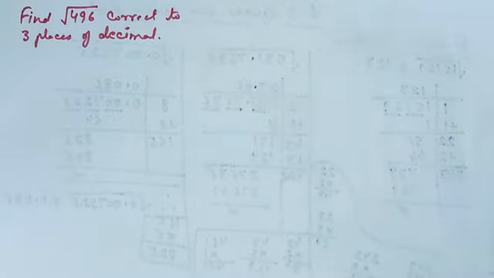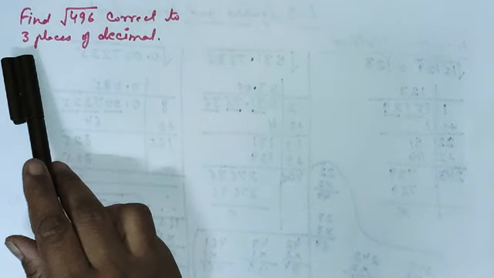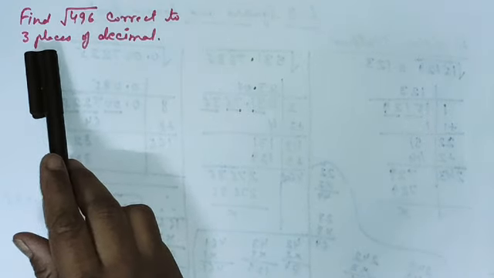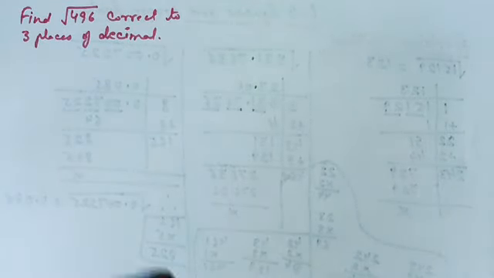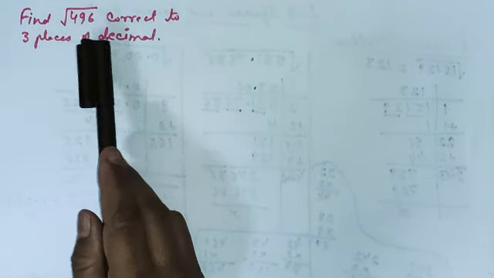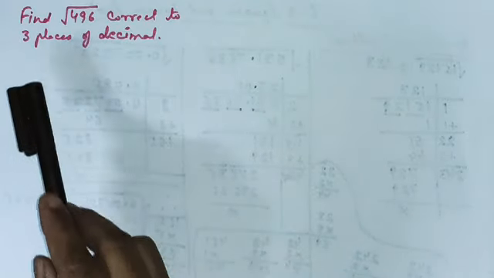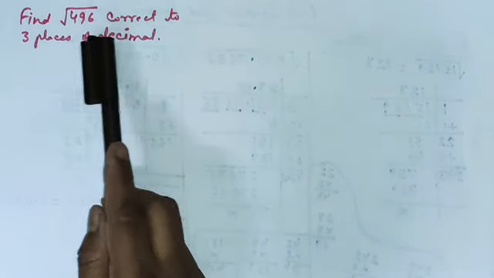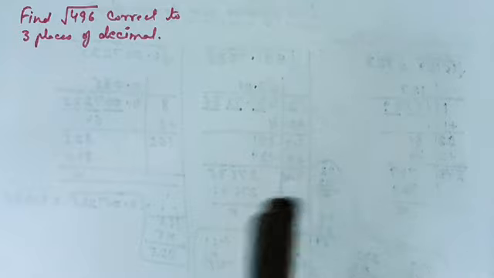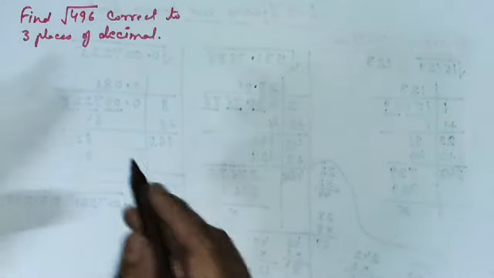Now children, pay attention here. In such type of questions, if we have to find the answer correct to 3 places of decimal, then we will find the answer up to 4 places of decimal. Okay, that means whatever the number of places up to which we have to find the answer, we will solve the question one place more. If I have to find up to 3 places, then I will find up to 4 places. If I have to find the answer correct to 2 places, then I will solve the question up to 3 places. That means I have to solve one step further. Then I will round off.